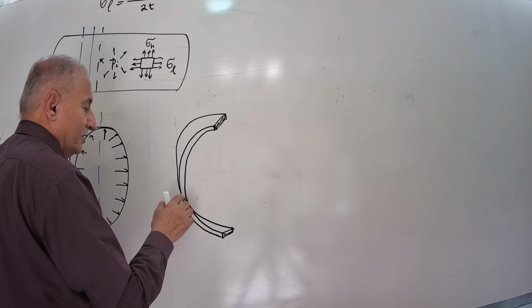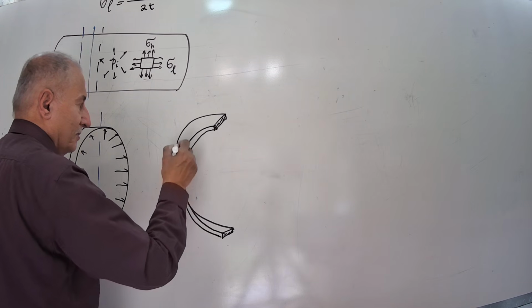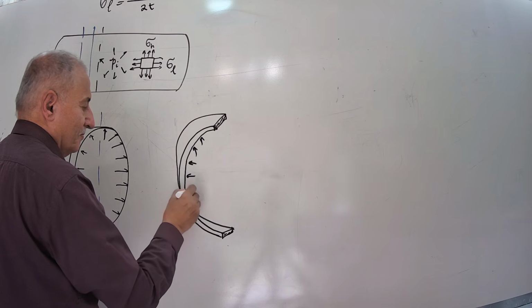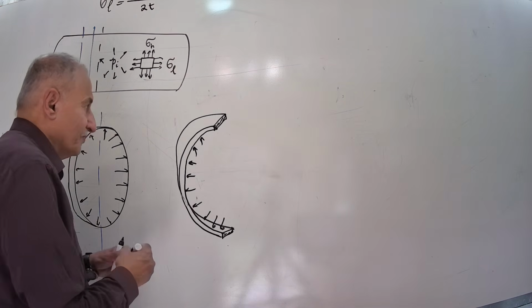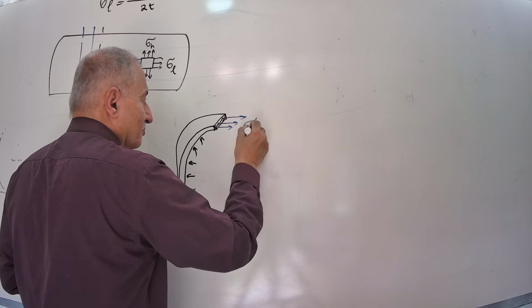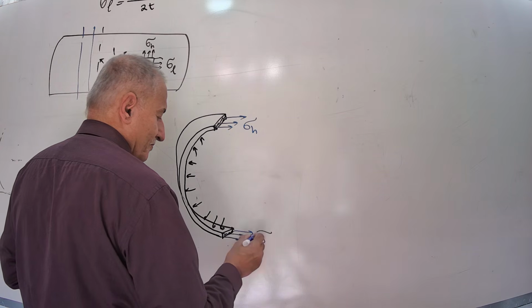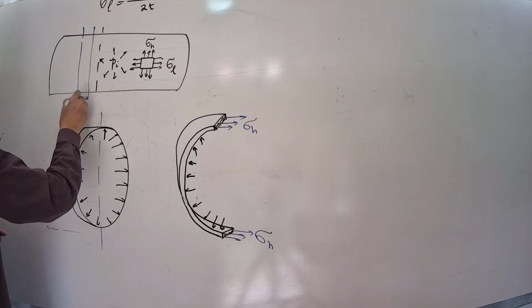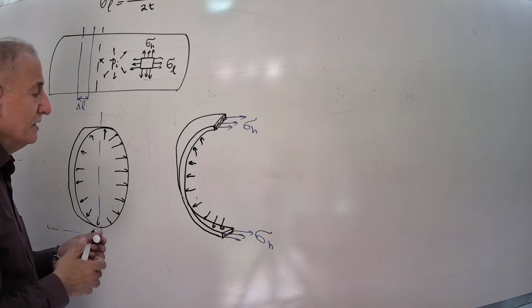This is pi, and the stress acts in this direction, sigma h. What is the length that we consider here? Consider delta L, a small length. Then